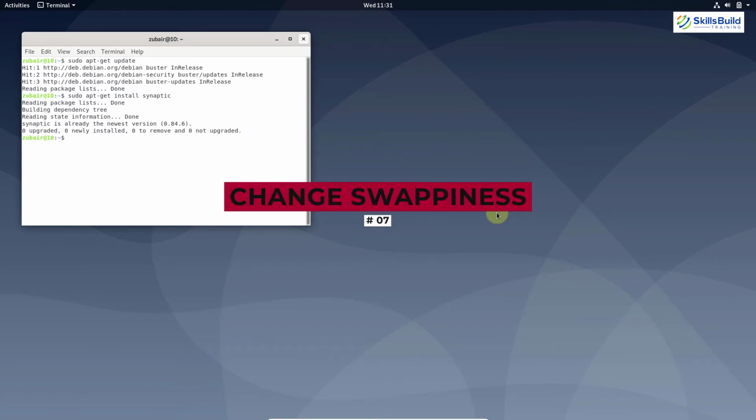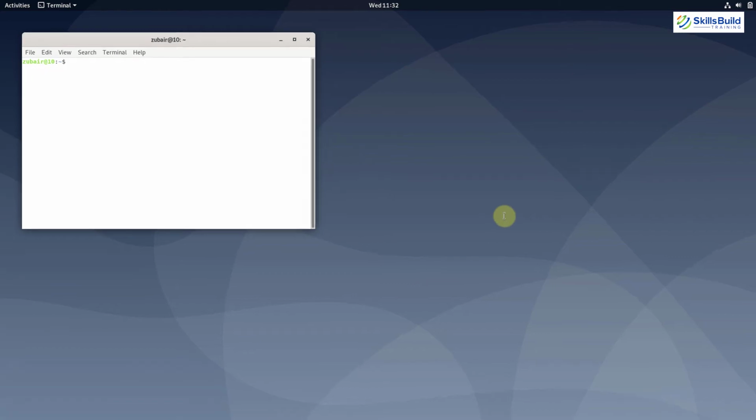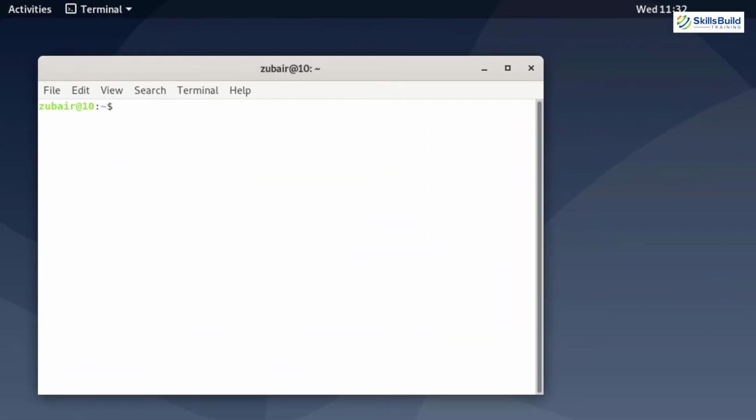Number 7, change swappiness. By default, the swappiness in our system is 60, which is not a problem in most cases. But if you decrease this number, it will start writing to swap much later. So after clearing my terminal, now let's open our file, and that command is sudo nano /etc/sysctl.conf and hit enter.